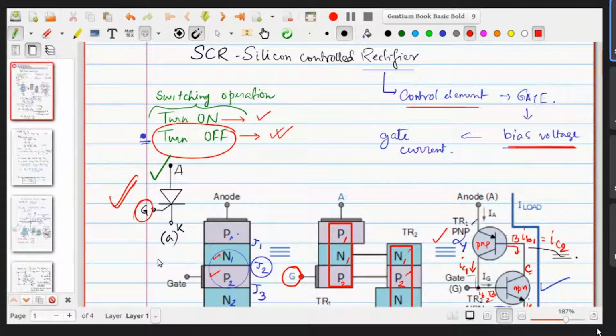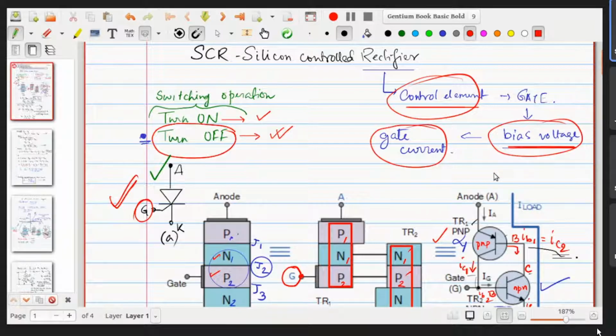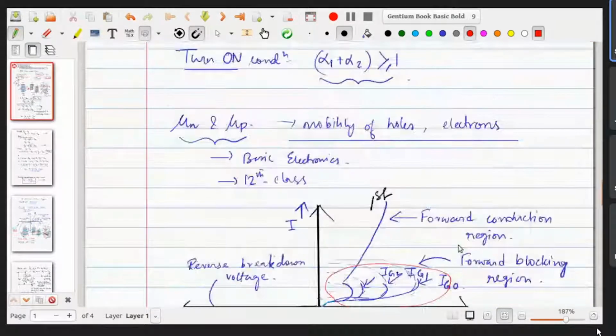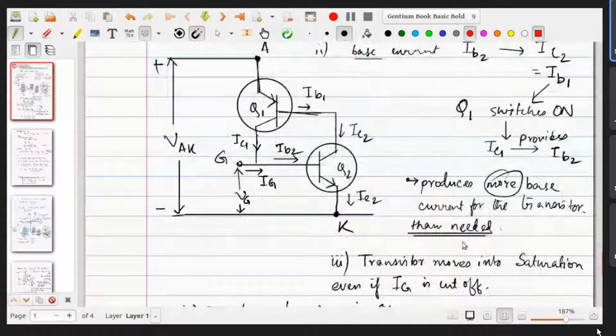That gate is the triggering pin, and what we assumed is that the anode to cathode voltage has to be high. This was our control element. So I started from this point and I need to have a high gate current. So who is going to control the gate bias voltage? But what we observe at a certain point, once you draw it into a certain position, is that you are able to produce some kind of triggering voltage to the gate. And at that point, if it can move into this latching condition, then what happens?